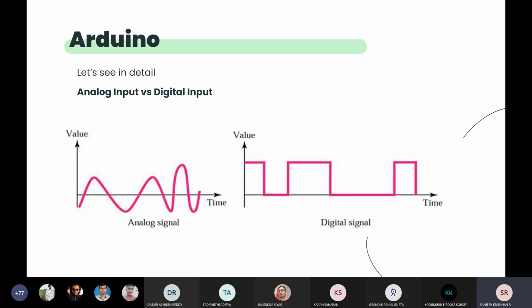Ground is the lowest potential possible. So when we join the ground of both boards, or both the sensor and the board, whatever it is, the lowest datum level, the reference level, becomes the same, right? I told this before also. Arduino has so many ground pins because of this reason only.